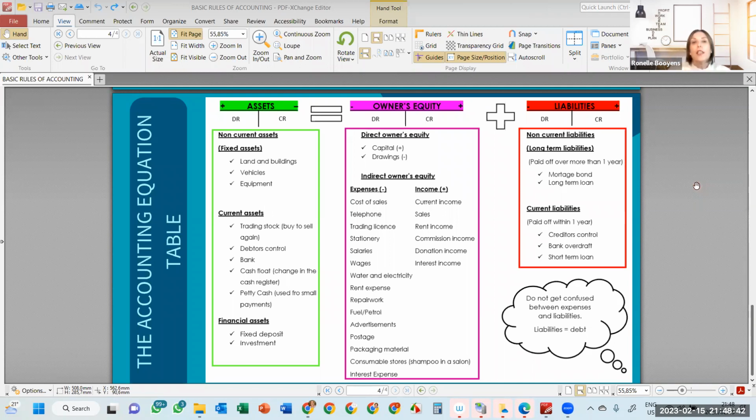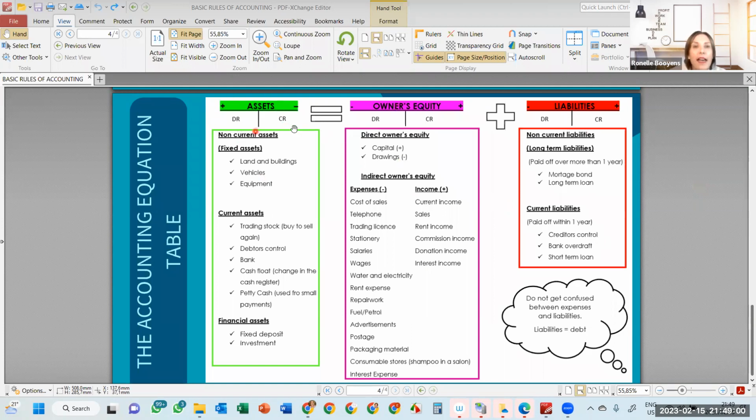People, you need to learn this, but this is not a lot. So if you can learn this, I promise you the rest of the stuff will make sense. You can take my word for it and come back and tell me if I was wrong, but I know I'm not. So let's quickly have a look at the different elements of the accounting equation.